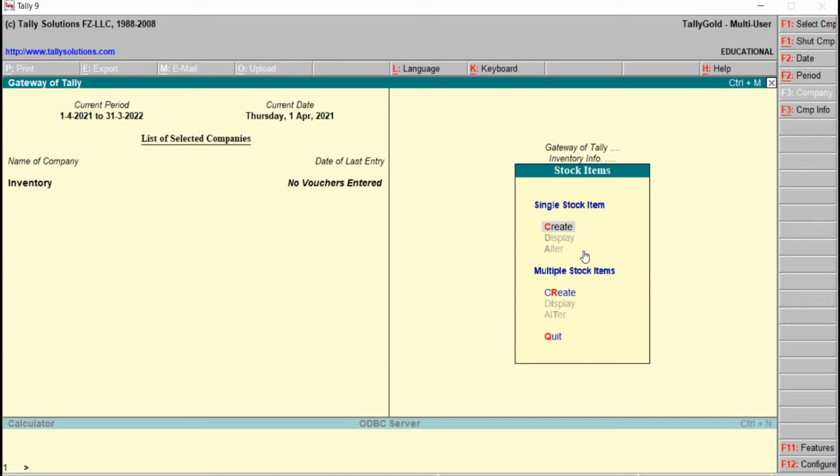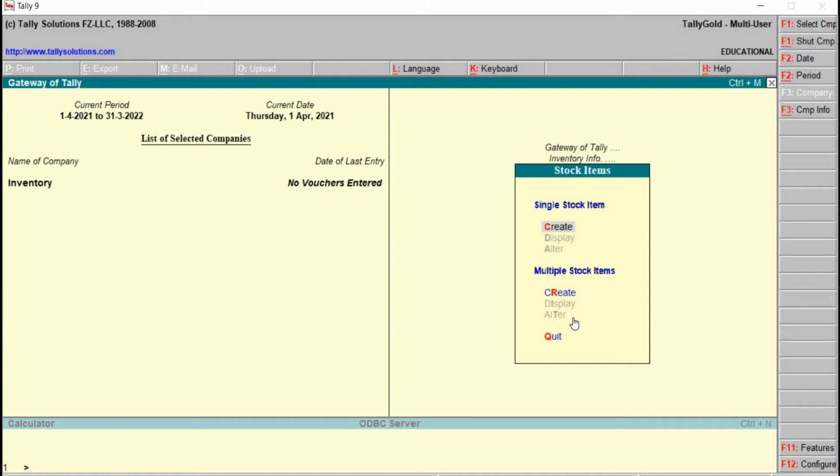Here we can see create in single and multiple is activated, whereas display and alter are deactivated. This indicates that whatever the user creates will be user-defined stock items, and we don't have any predefined or built-in stock items which are provided by Tally.